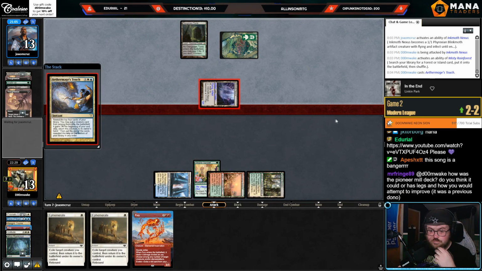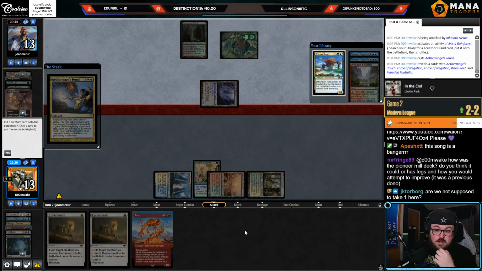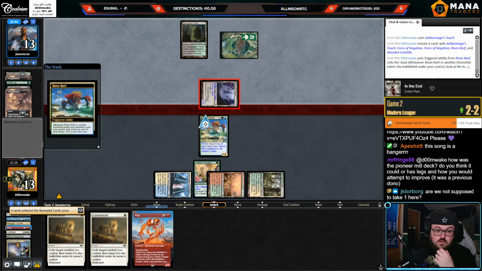Alright, cast this card. How is the Pioneer Mill deck? Do you think it could or has legs, and how would you attempt to improve? I think I talked about it towards the end. The issue with the Pioneer Mill deck is it felt a little clunky. Like, you had Jace and Tasha's and Frang Sanity, so there was too many 3s. So, I know it's going to sound really bad, but maybe you just have to...